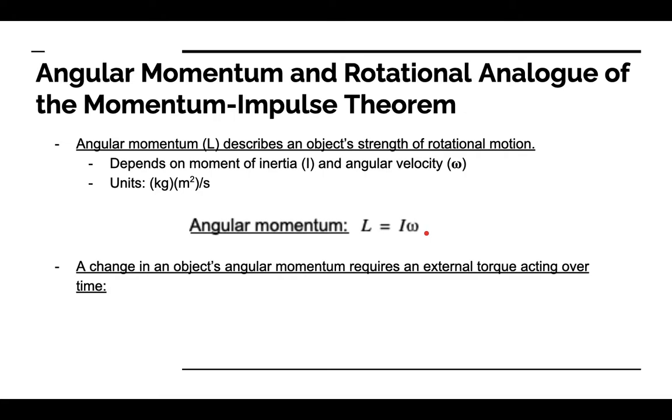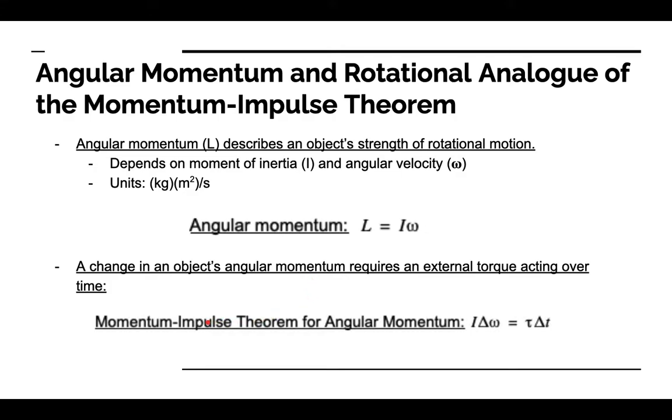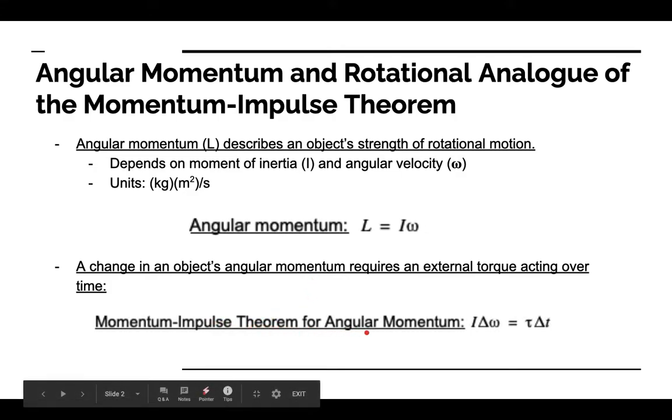Similarly, just as we require an external force in order to change an object's linear momentum, in rotational motion we require an external torque acting over time to change an object's angular momentum. So we have the momentum impulse theorem for angular momentum. It states that our change in angular momentum, which is given by the moment of inertia times the change in angular velocity, is going to be caused by, hence the equal sign, a net torque acting over time, represented by